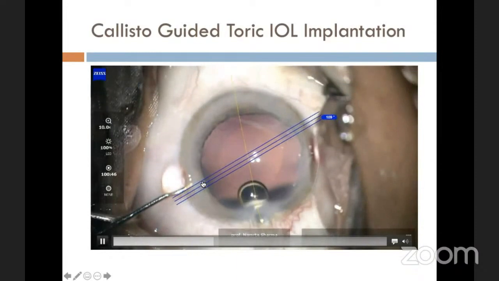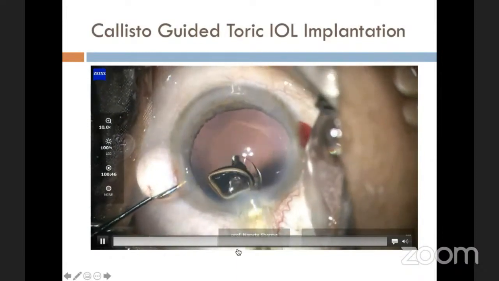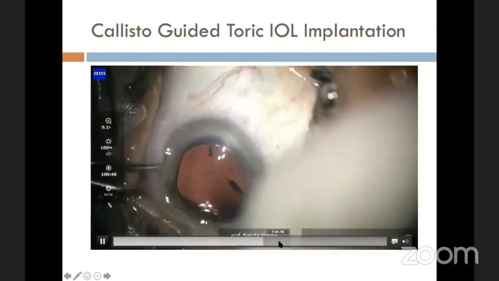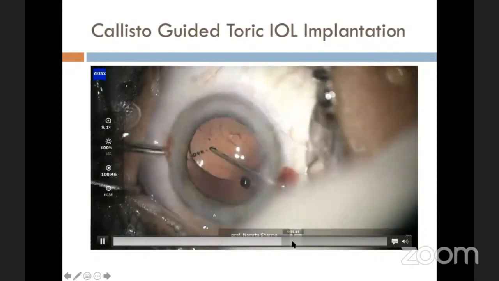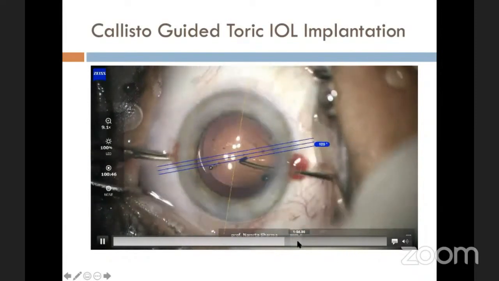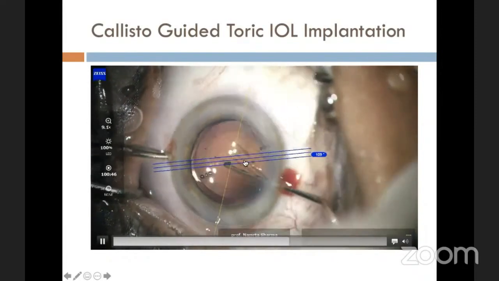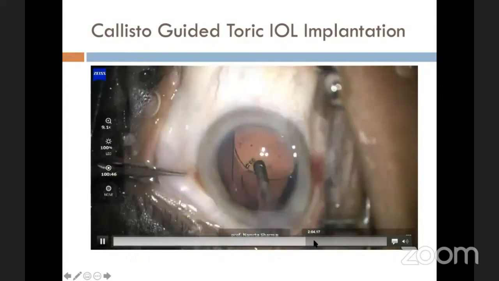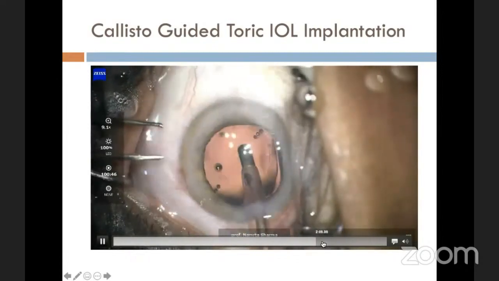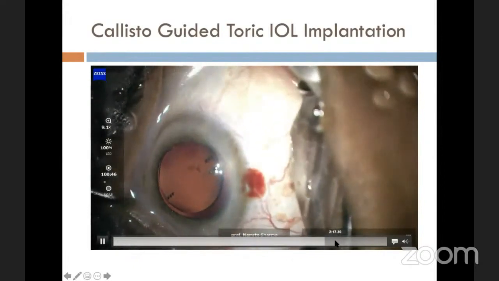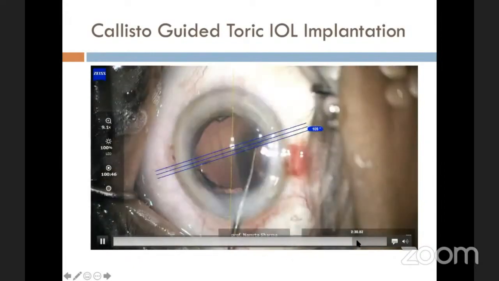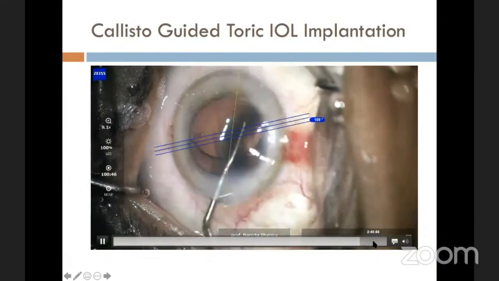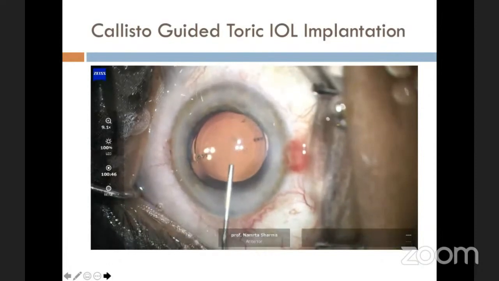And this is the marking, the Callisto marking. And as you place the lens intraoperatively, you can see actually the axis where the lens is going to be placed. And this axis comes, and this is, for instance, 109 degrees here. So it can be aligned looking at this axis, which comes intraoperatively, and then viscoelastic aspiration can be done, and subsequently again the axis can be confirmed at the end of the surgery. So if there is a little bit of misalignment, then that can be titrated likewise.